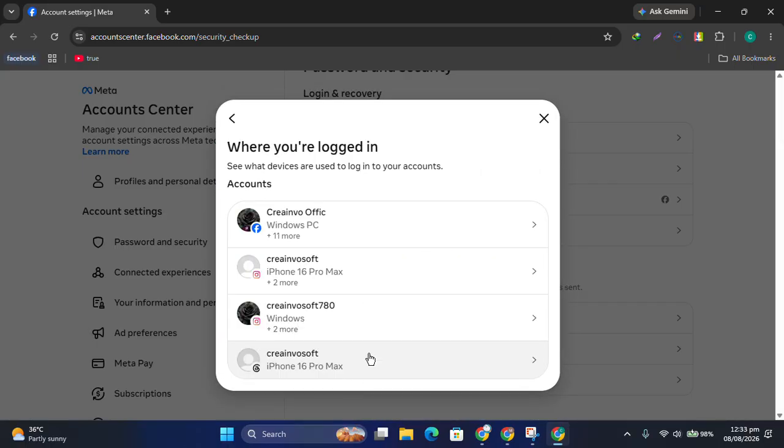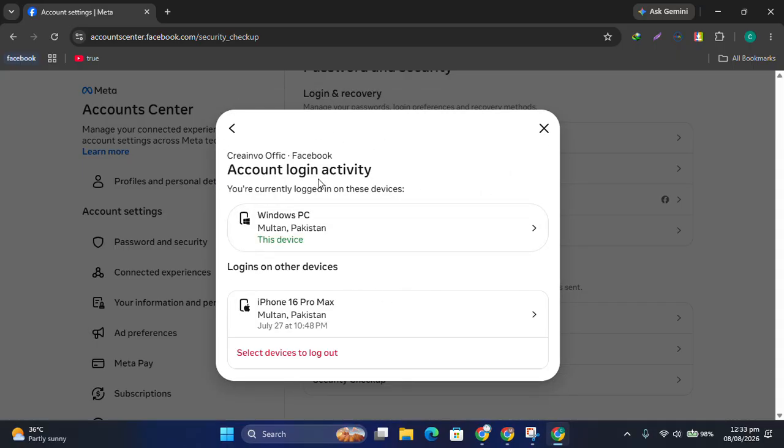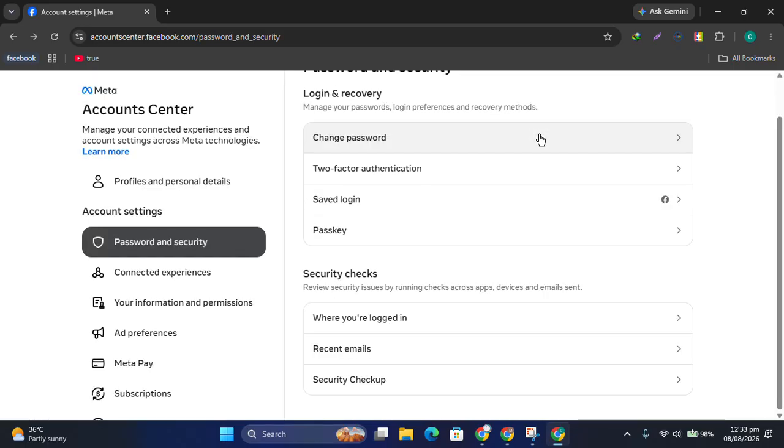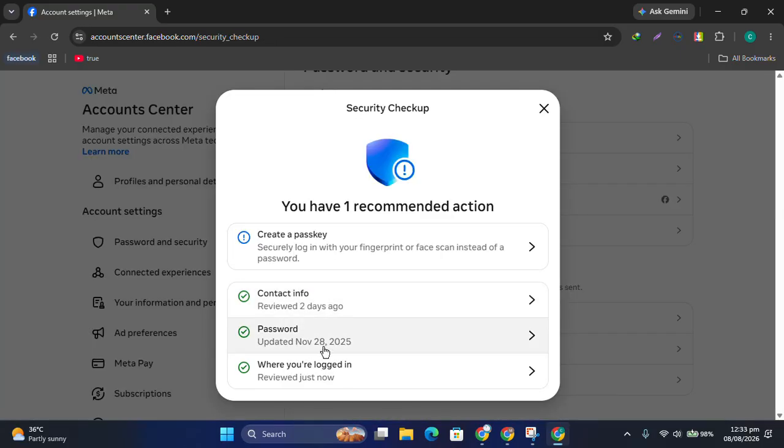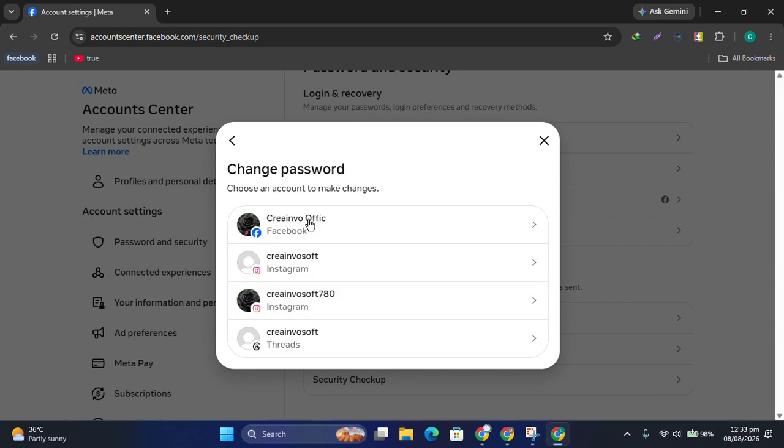You just have to click on it. You can check where your Facebook account is logged in. Here I have only a single device, except for my own PC or laptop. So just go back. Now for the second one, you have to go to the password section